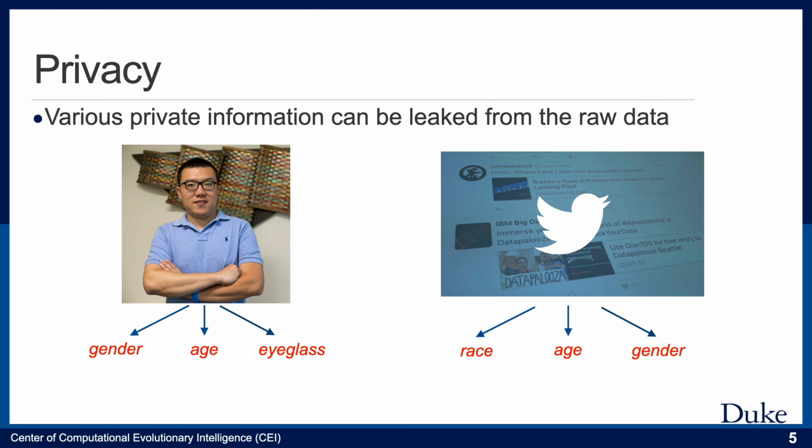However, the raw data crowdsourced from individual users often contain different types of private information. For example, given a face image, it's easy to identify the person's gender, age, and other private information, either by humans or by pre-trained deep learning models. Similarly, we can also infer users' private information from other data modalities, such as text data. Some studies have demonstrated that we can infer the demographic information of users from tweets by leveraging the power